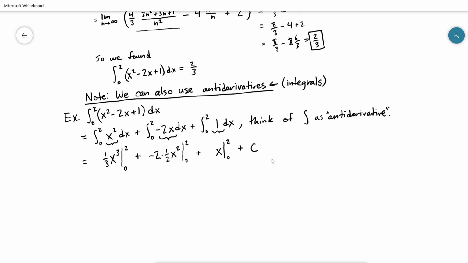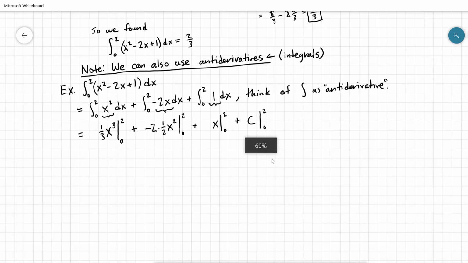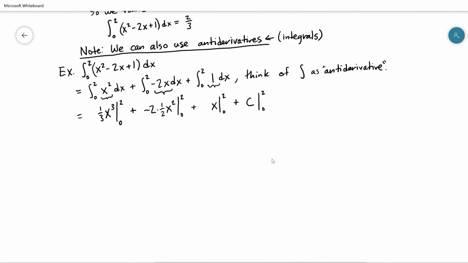And so this plus c, again, really we're thinking of evaluating it between 0 and 2, and we'll touch on this in just a minute. So that straight line means evaluated at, and what it means is I need to take each one of these functions and evaluate them at the 2 on top, and then also evaluate them on the 0 at the bottom and take their difference. So this is what the notation is going to be. When you see this notation,